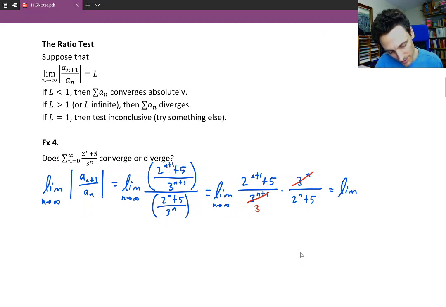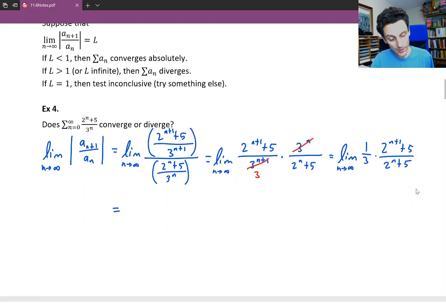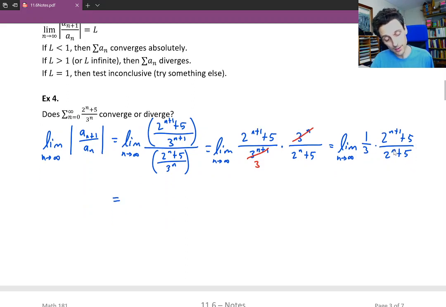Now we've got the limit as n approaches infinity of 1/3, separate that out, and then 2 to the n plus 1 plus 5 over 2 to the n plus 5. Okay. Now what we've got is an infinity over infinity situation. We could use L'Hopital, but we could also divide top and bottom by the leading term of the bottom, which would be 2 to the n. And when you do that,